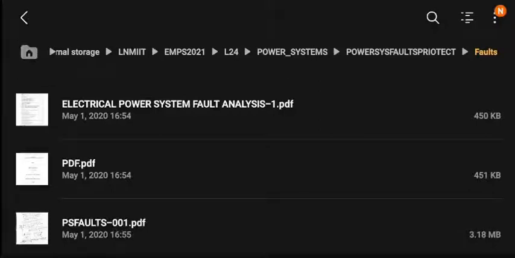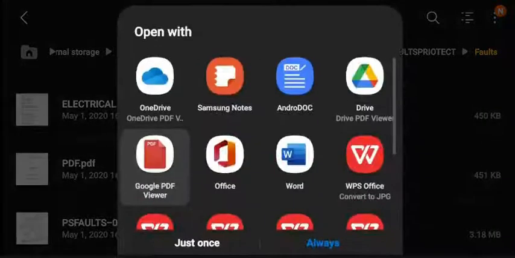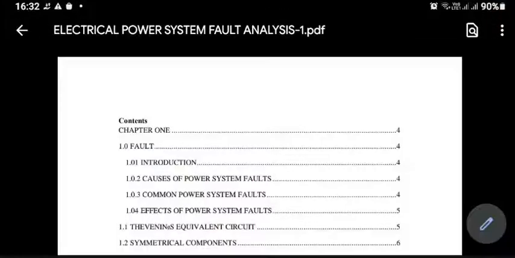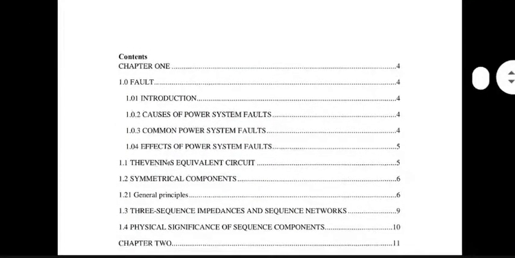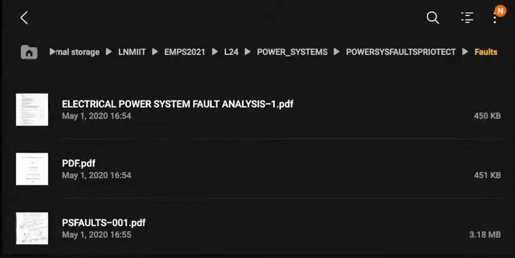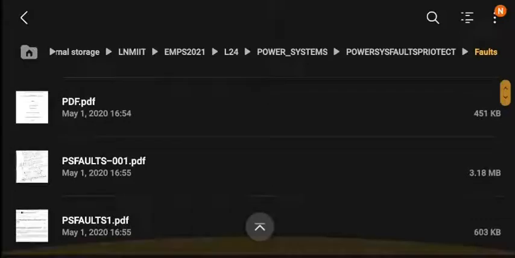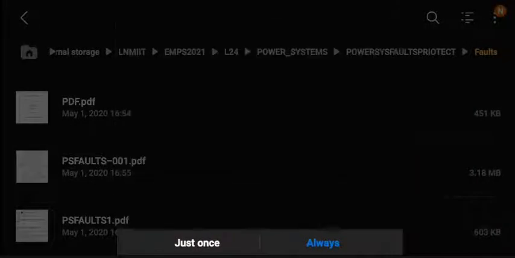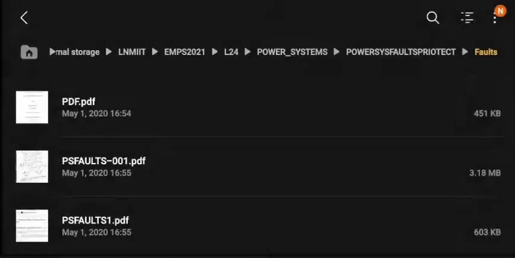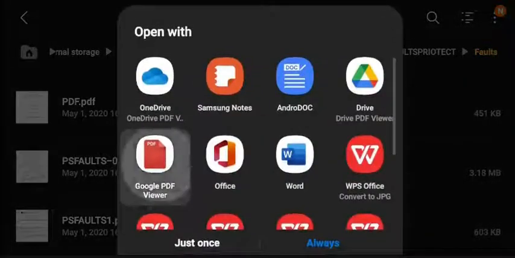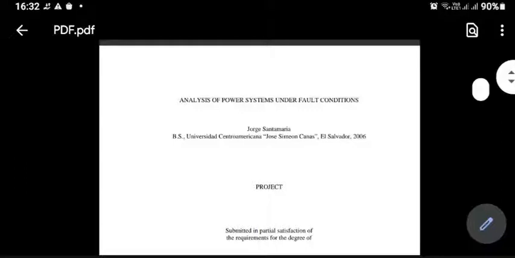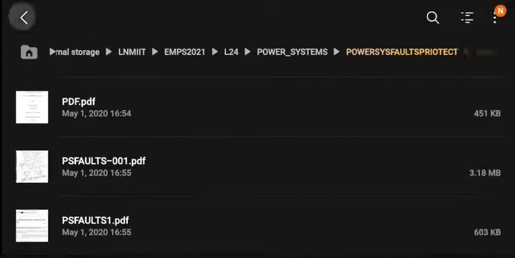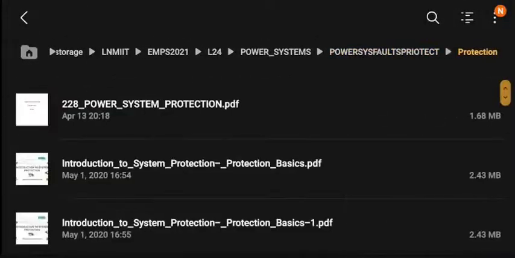How to mitigate their effect. There's a large amount of documents available. I don't think we will have time to go through each one of them, but let me see if I can show you something. Oh, this one is also, no, it's not necessary. Forget it. Yeah, these are large documents. I'll not go through them. Let me go to protection, I think that would be better.